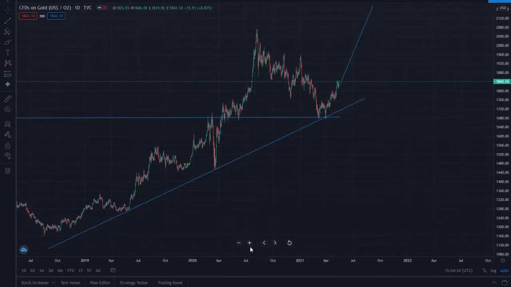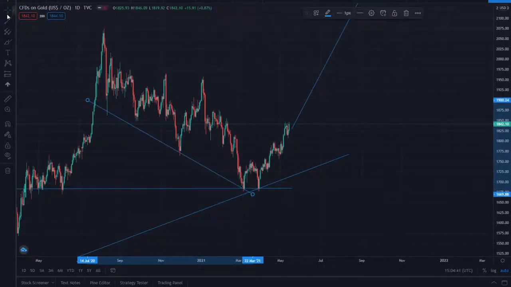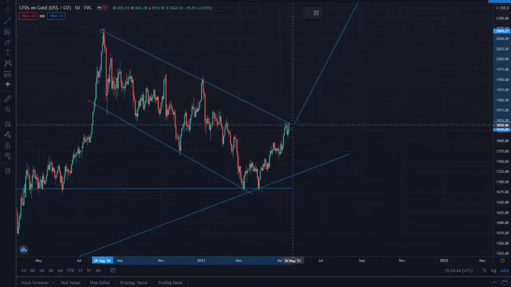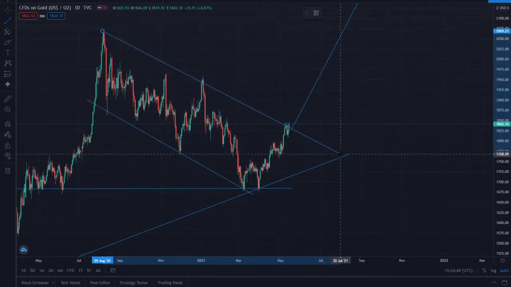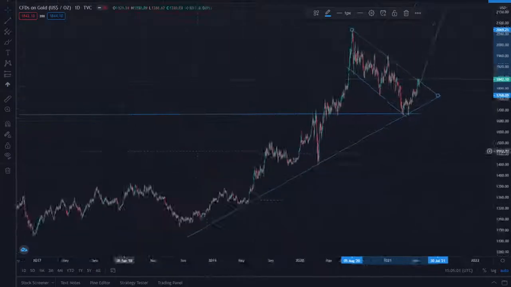But for now, we had here a bearish trend, and we are forming what is considered to be a bullish flag or a wedge. Doesn't really matter what you call it. And the thing is, if we look back to